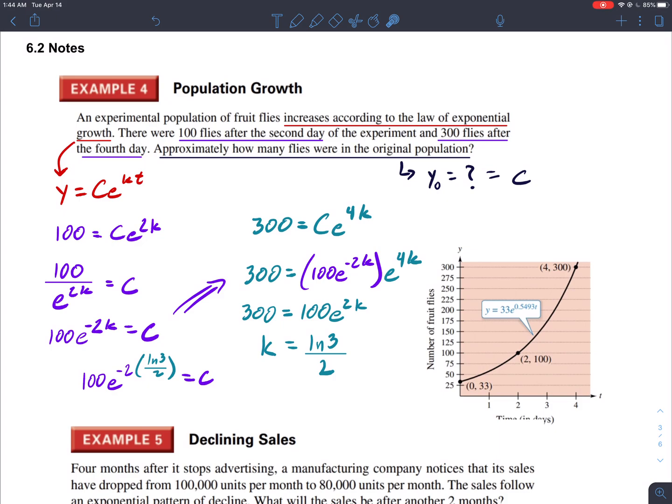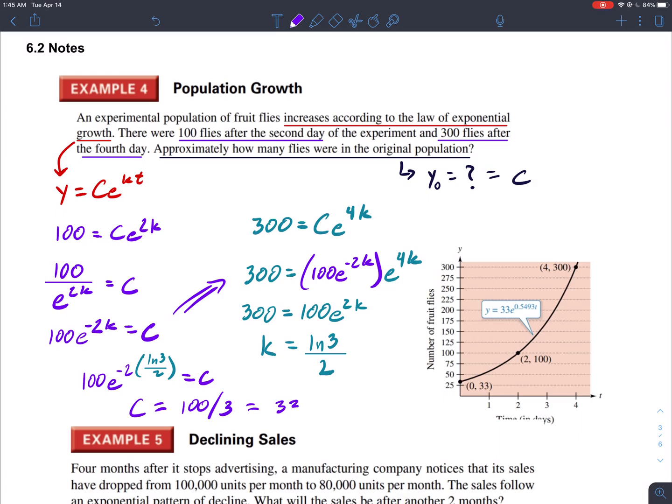So if you look here, that 2 cancels that 2, and then e to the ln, those are going to cancel, all right? And you know what I messed up? Well, that's okay. It's still going to work out. If you simplify all of this, I'm not going to go through all of it because I'm kind of out of space, but you're just going to end up with 100 divided by 3. So C is equal to 100 over 3,